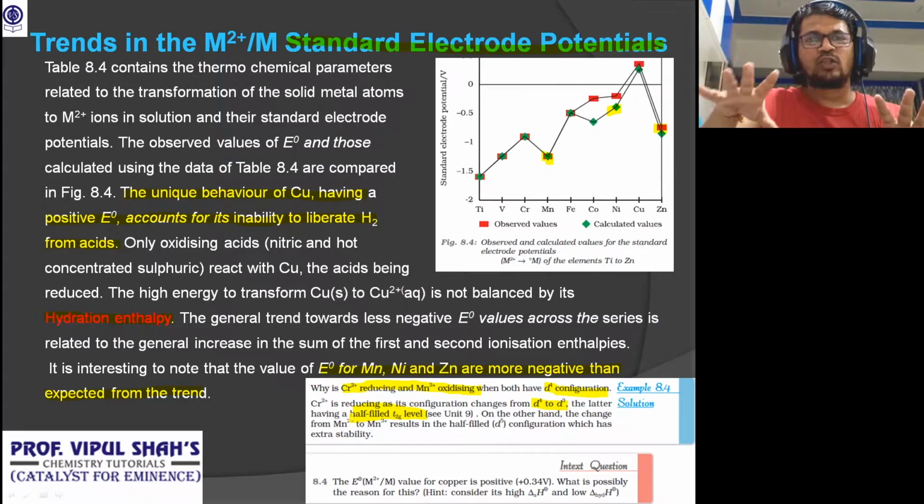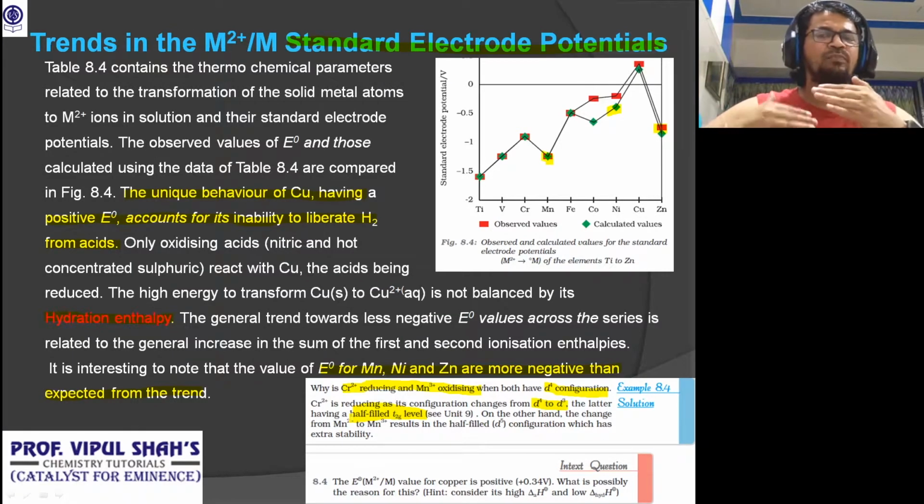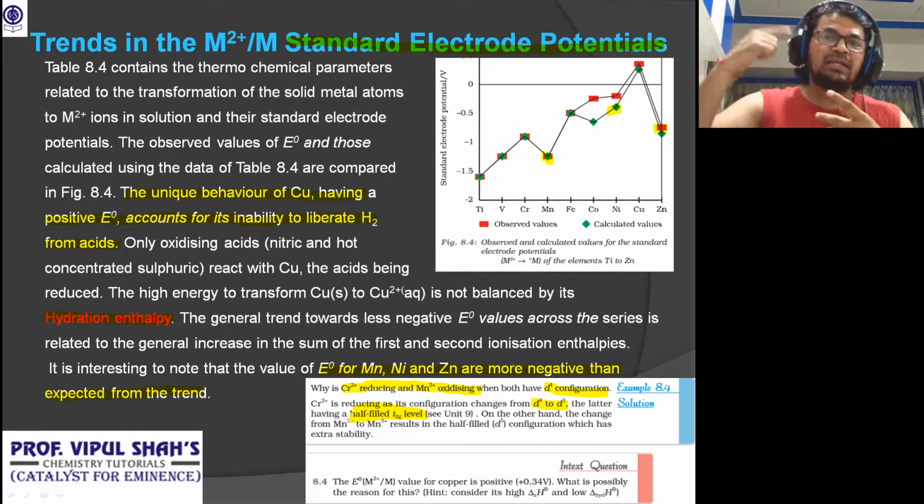Everybody clear? What I'm trying to talk about is Hund's rule, along with crystal field splitting theory. When the ligand comes to donate the lone pair, the d subshell, which has 5 orbitals, splits into 2 levels, T2G and EG. Depending on whether the complex is octahedral or tetrahedral, these orbitals get divided. For octahedral, T2G is dxy, dyz, dxz, and the EG level is dx square minus y square and z